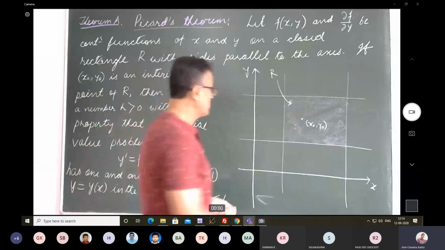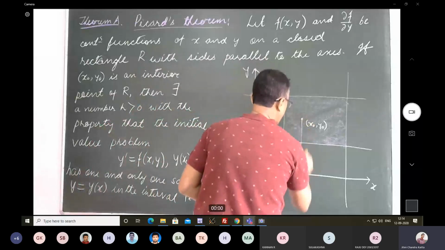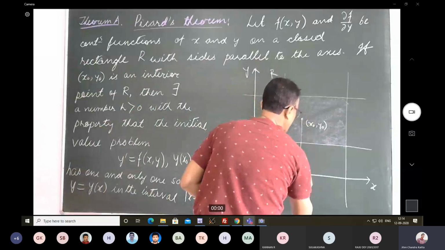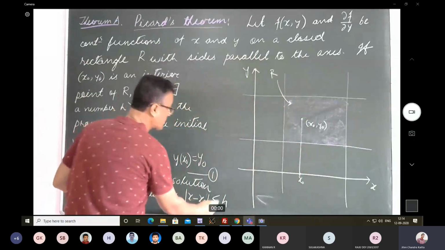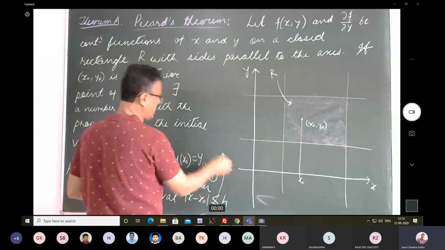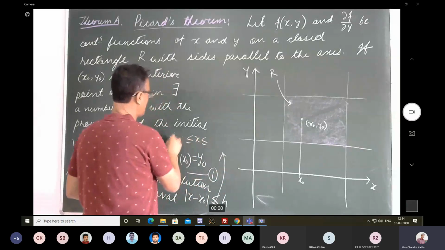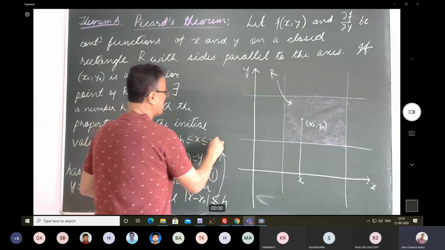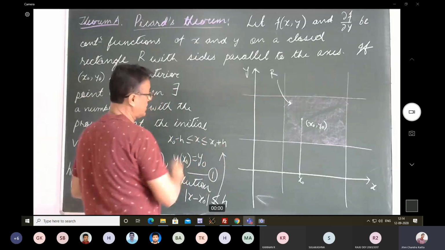Okay, fine. So suppose this is x naught, okay, and when they talk about this interval, it is nothing but all x in such a way that x lies between x naught minus h and x naught plus h, of course including the